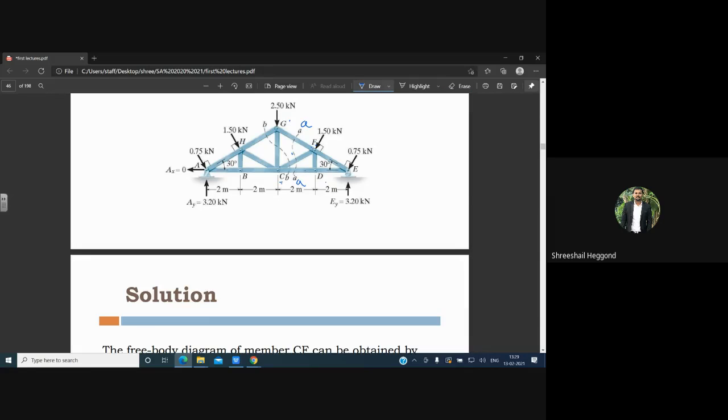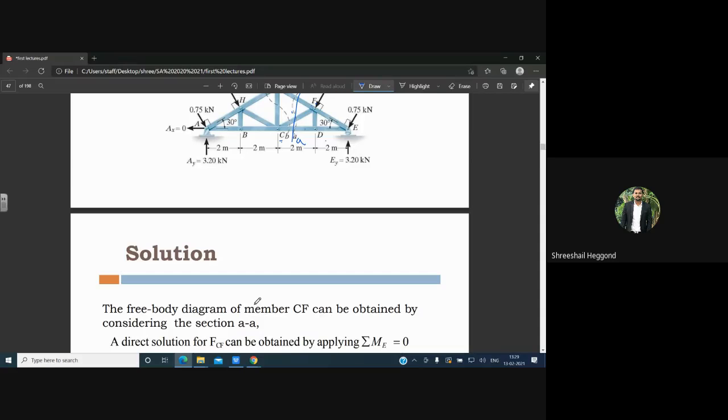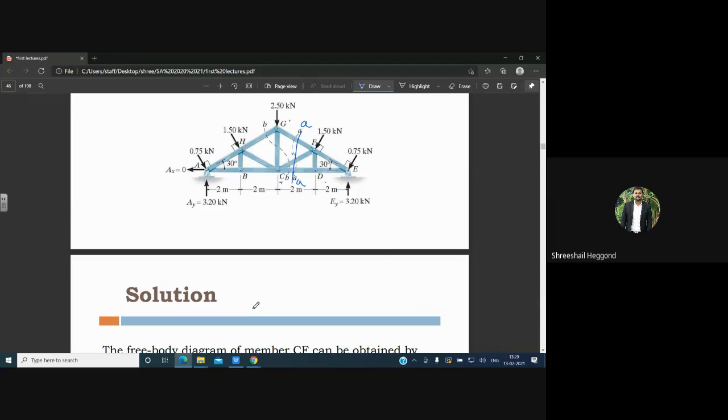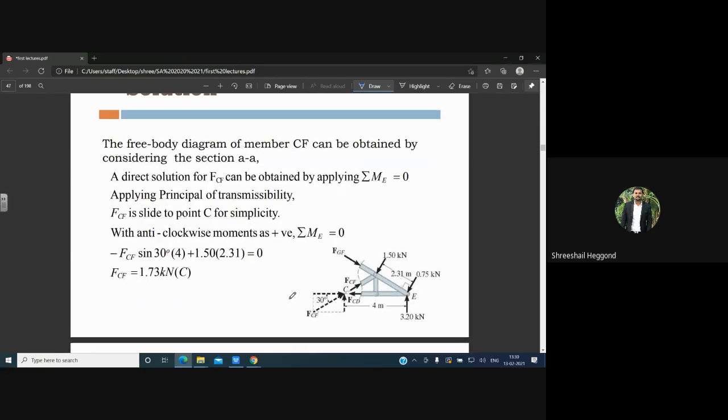This will be section A. Now I will consider section A and find out the member forces for the unknown components. You need to draw the free body diagram for the first half, that is, the right hand side half. You can see the free body diagram, you need to draw it. Note down the free body diagram. Until and unless you know the free body diagram, you cannot solve the numericals. Therefore, note down the free body diagram, then only you can solve.